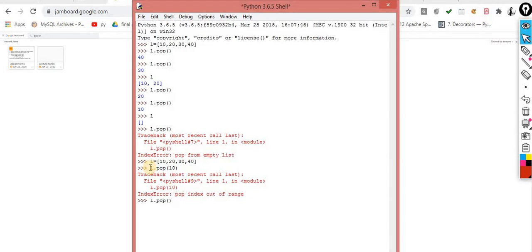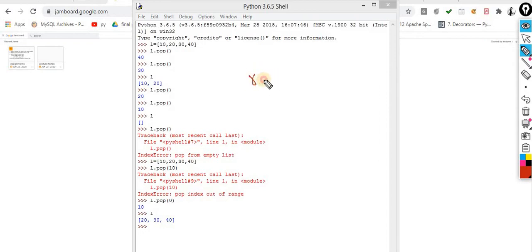Now if I want to remove by index, keep this point in mind. If I want to remove the 0 index, then it will work fine. Now I am repeating all the points. Remove is basically used when you want to remove an item. This one deals with the item. That item I want to remove, that means I want to remove 10.